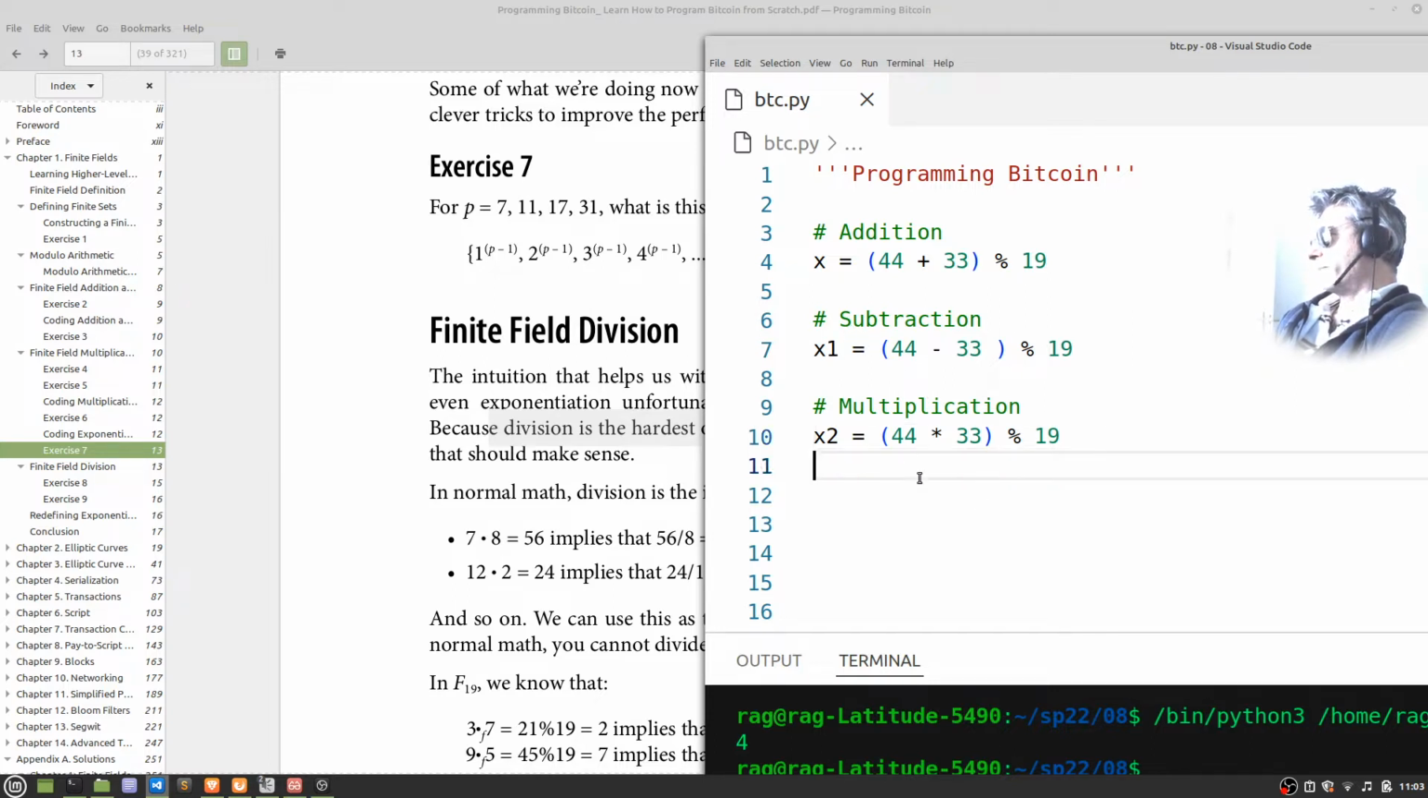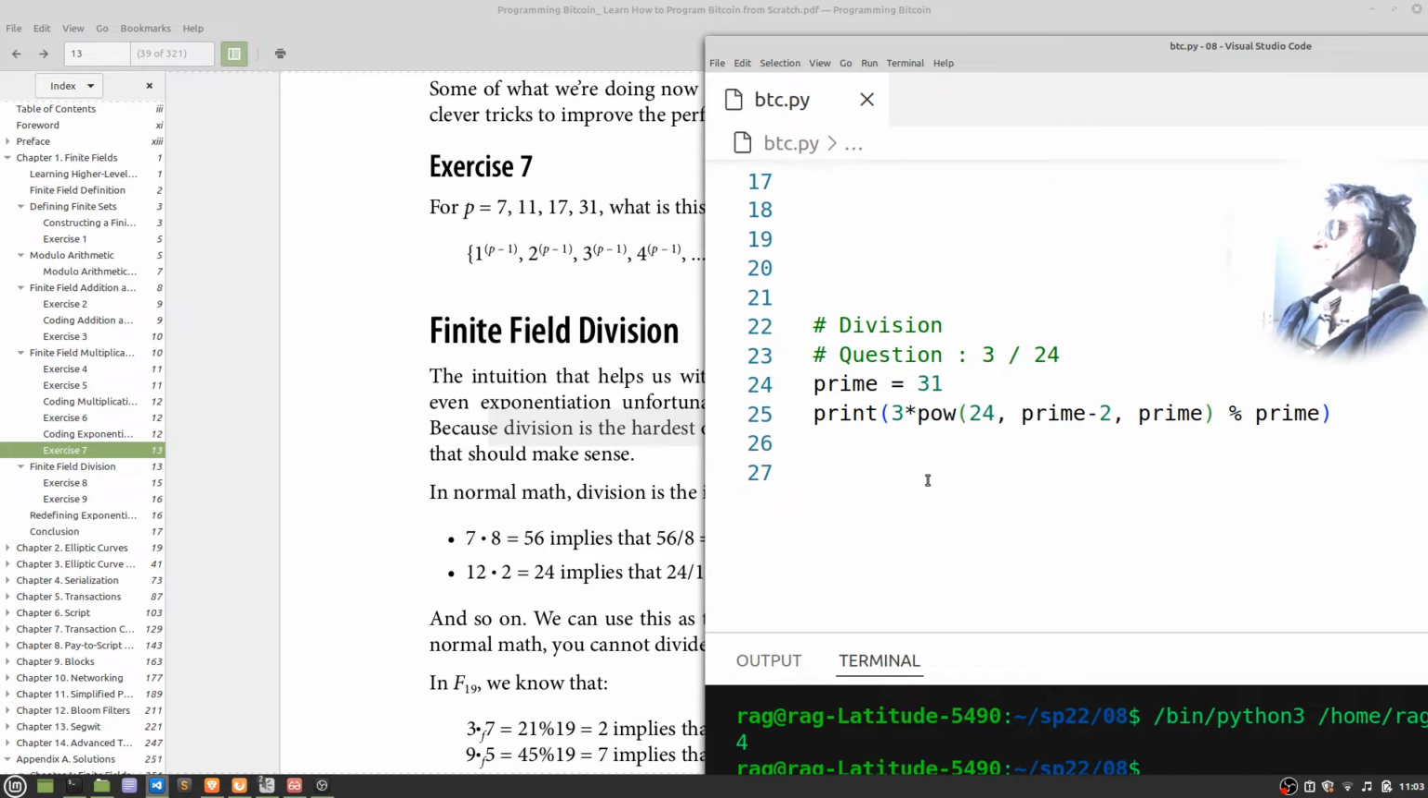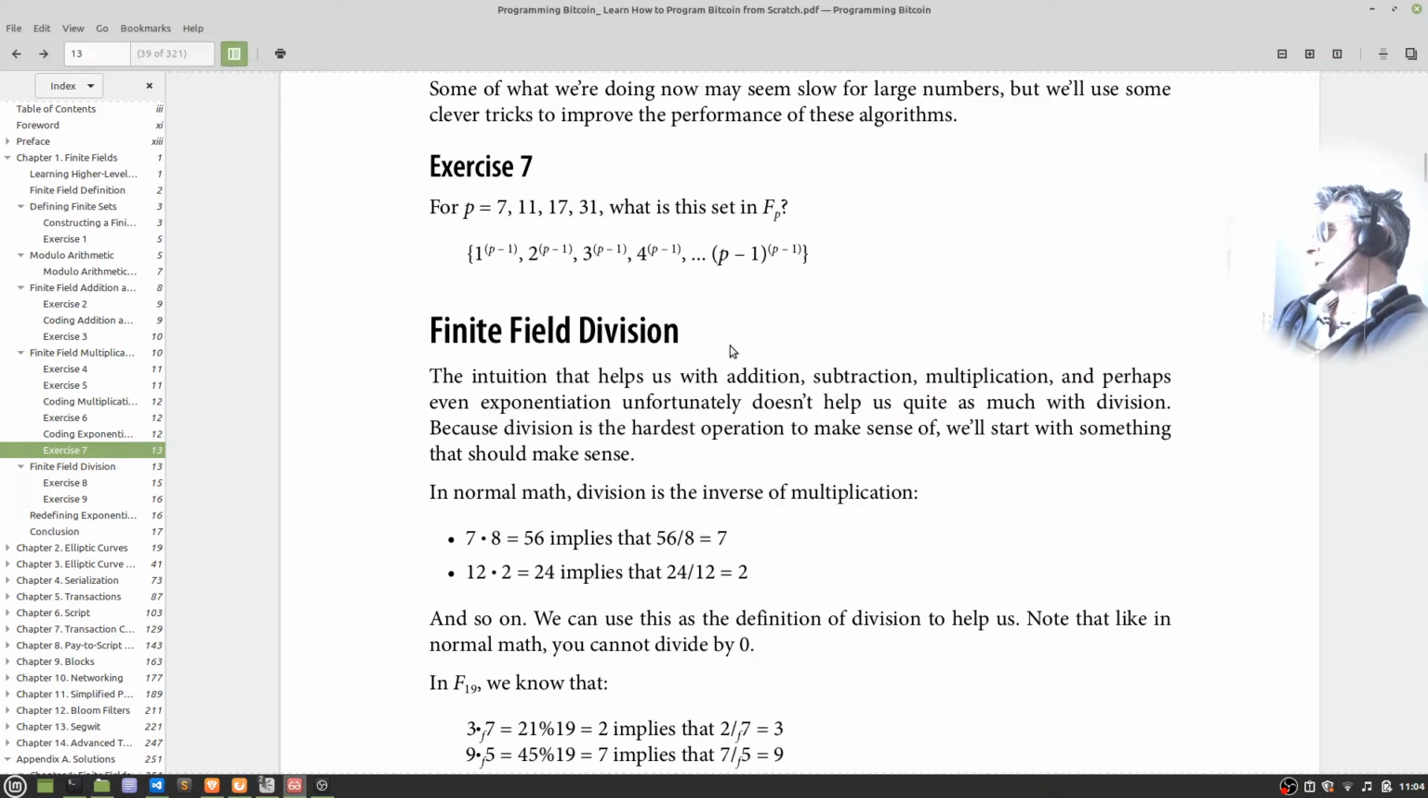So just scroll down. So you could have questions such as what's 3 divided by 24, where the field is 31, the finite field length is 31. So what we need to do is use a formula. The other way around it would be to keep guessing which two numbers would produce you the result. That would be kind of brute forcing it. So finite field division,